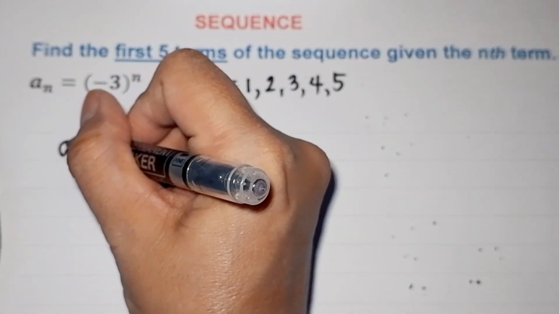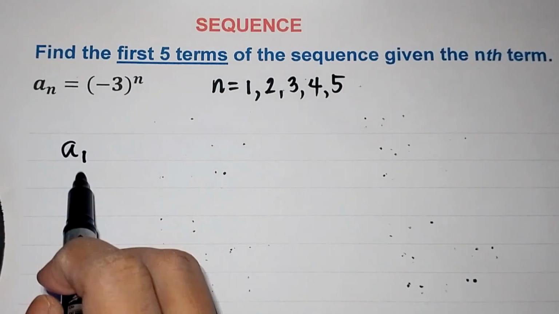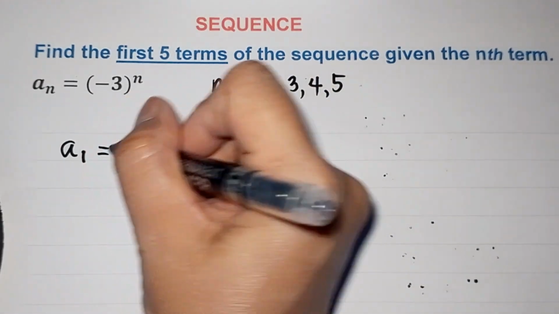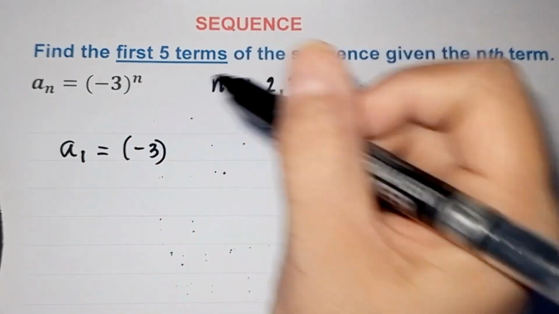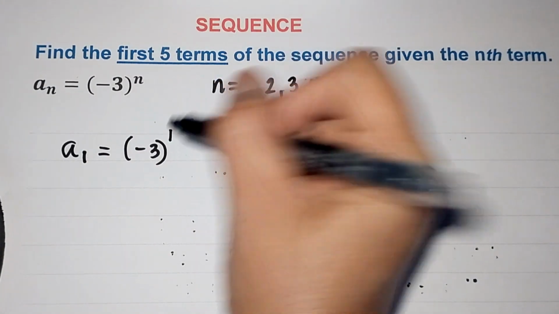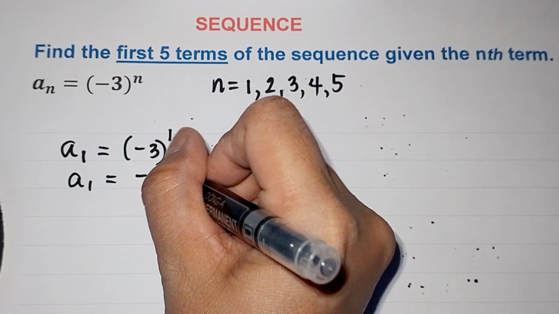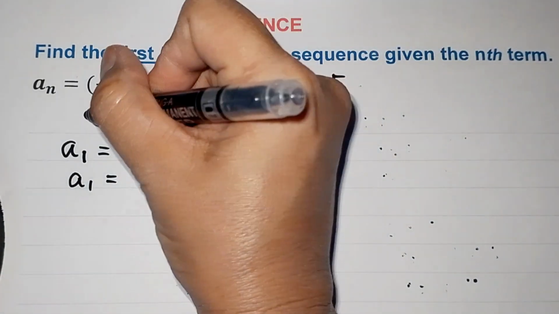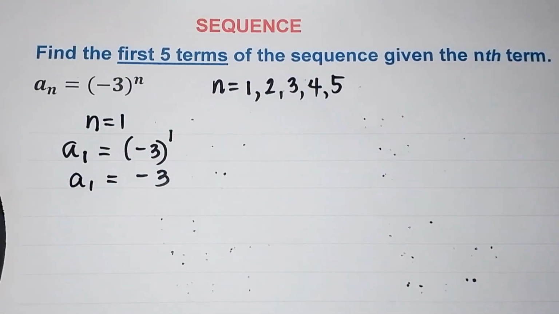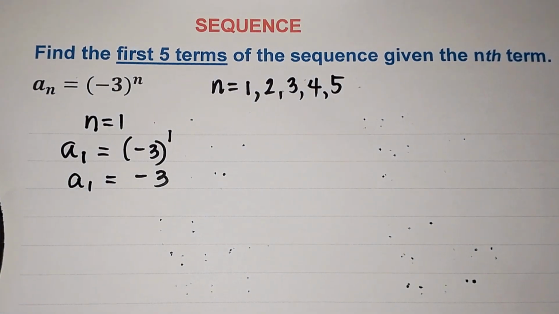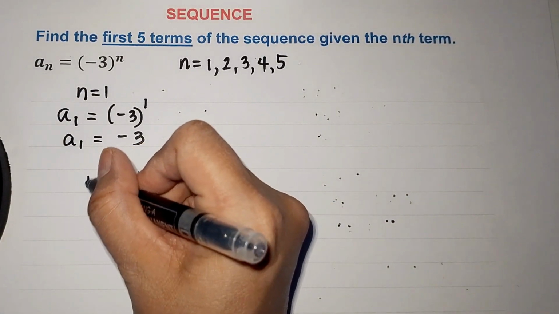The first one will be a sub 1. So a sub n, or a sub 1, equals negative 3 raised to 1. And negative 3 raised to 1 is simply equal to negative 3. So again, this is for n equals 1. When n is equal to 2,